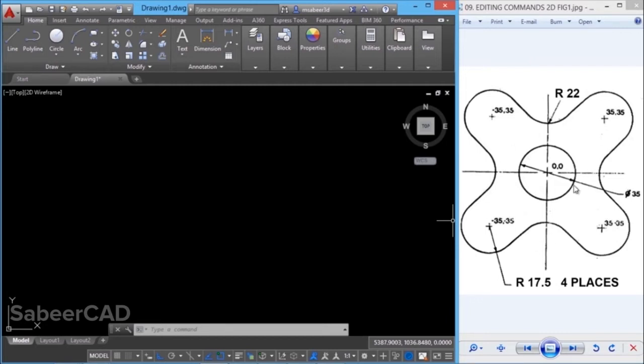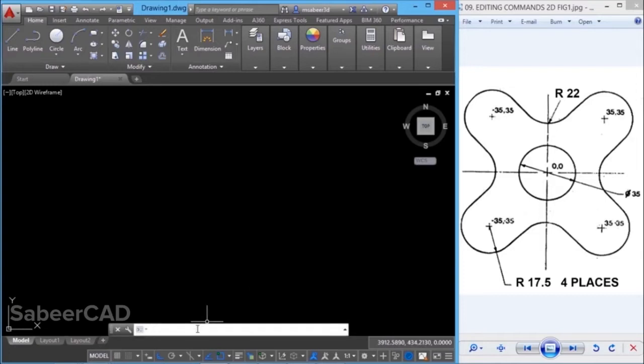If you want to see all the circles properly on the screen, you should set a proper limit. So, how will you set a limit? Here, the lower left corner should be minus, minus. Because this circle has got a center point coordinate of minus 35, minus 35. So this particular corner will be at a distance of 35 plus 17.5, which is the radius of the circle, which is 52.5. That means you have to give a value below 52.5 so that this particular circle will be well within the screen. Hence, I'll keep the lower left at minus 60, minus 60 and the upper right corner at 60, 60, and such a figure can be drawn well within such a screen with these limits.